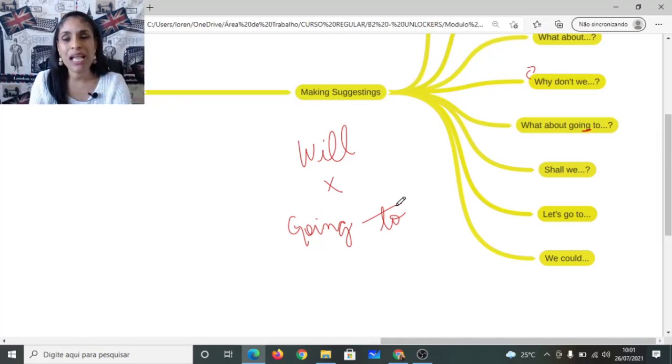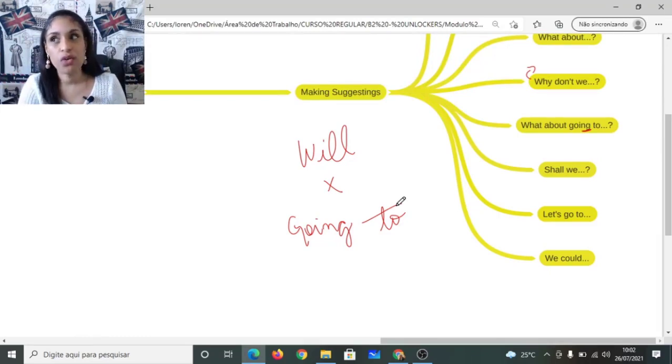So they decide which one they want to use. It's not something like, when native speakers are talking, they think, okay, I'm gonna use will because of this. No. In that situation, I'm gonna use going to. No, I think this sounds more natural than that.